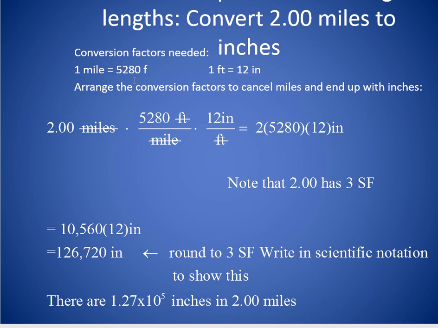Let's write this out now. 2.00 miles times, let's write a conversion factor so the miles cancel. So I would write the feet on top, 5,280 feet over 1 mile, the miles cancel. Next I want to convert feet to inches, so I would write 12 inches over 1 foot, the feet cancel. And so I'm left with 2 times 5,280 times 12 inches. All right, so multiply that stuff all together, and you get